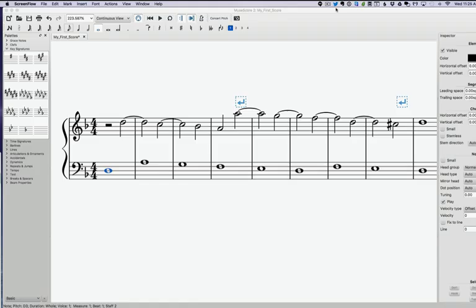Suspension is a rhythmic embellishment created when a consonant interval. So let's look at this one. From here to here, from A to C. Okay, that's a consonant interval. Is held over to the first beat of the next measure, right there. So that's held over to the first beat of the next measure,